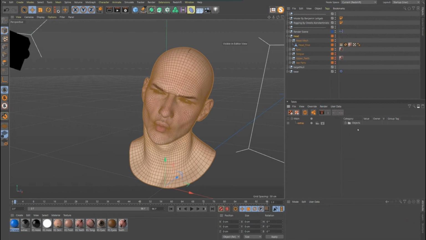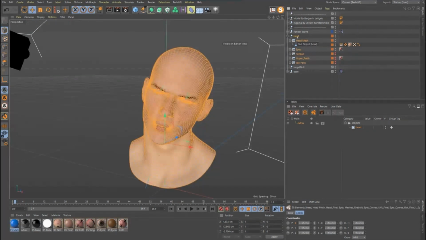So let's make an override group. We have objects, new group right here. I'm going to call this new group head, and there's nothing in here right now. So takes becomes kind of an additive process, right? If I want to affect the head, I have to pull the head in there. So if I middle click on this group, that selects everything in that group, and I can just drag it into head, but you'll see that's not going to work because I don't have any overrides set up. So if I turn that on, now I can go in here and just drag that into head, and you'll see everything in head.